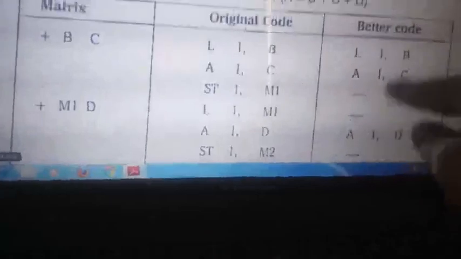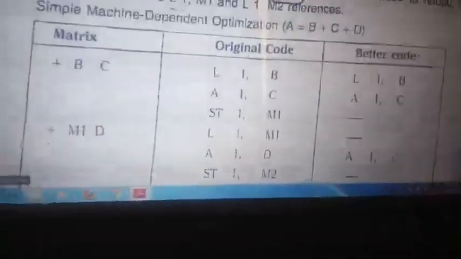The whole result of b plus c plus d will be in register 1, and we don't need to store it back into the line number. So this is the optimization: instead of loading again and again with the registers, even though registers are fast, these are dead statements, because even if we are not using them they will run, so why use them. That is called optimization. Okay, so this is the dependent optimization.